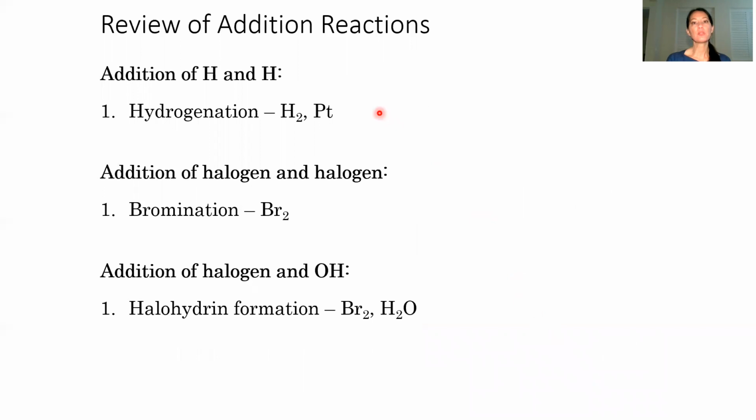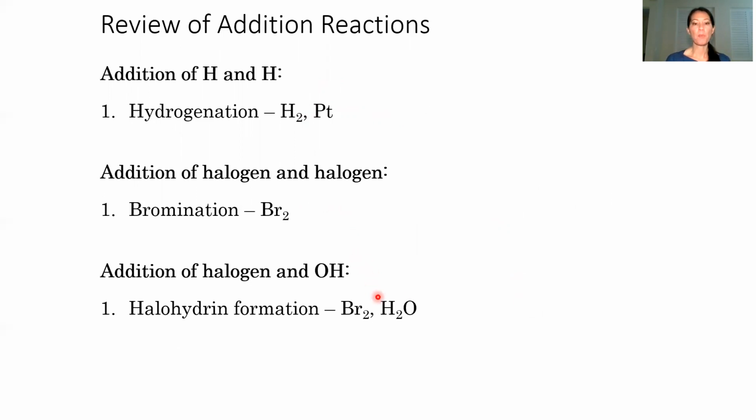What if you just want to saturate the alkene? Add HH across the double bond, make an alkane. We use hydrogenation using H2 and a catalyst, a metal catalyst. Adding 2 Br's, again, that's an anti-addition, so those are little notes that you'll make. Making a